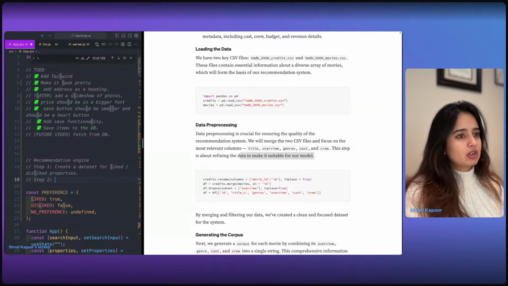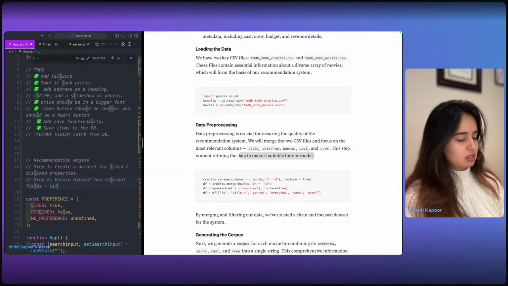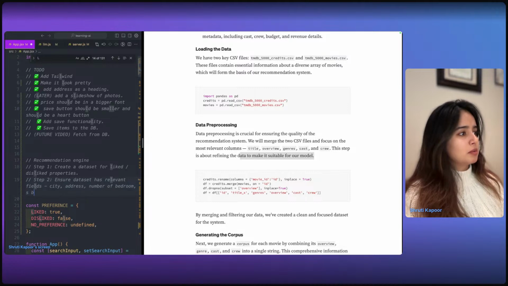I don't think this would be helpful for us, but ensure the dataset has relevant fields, which is city, address, number of bedrooms, bathrooms, nice to haves.